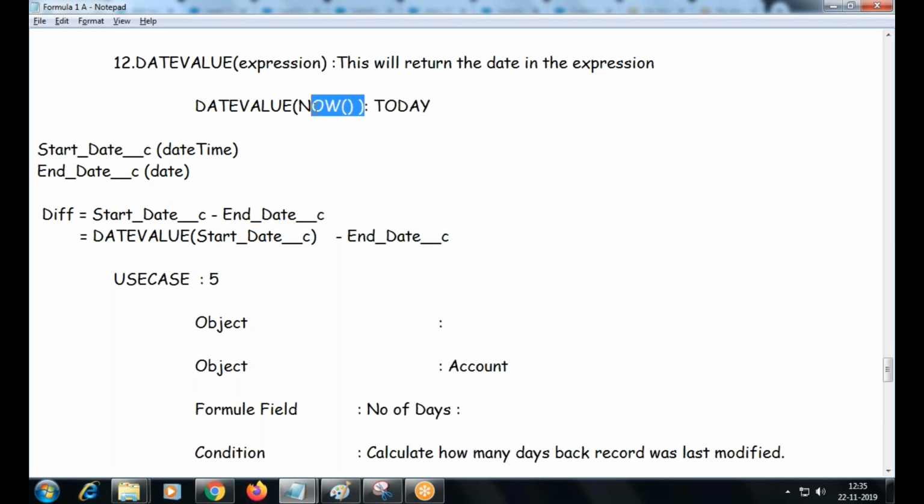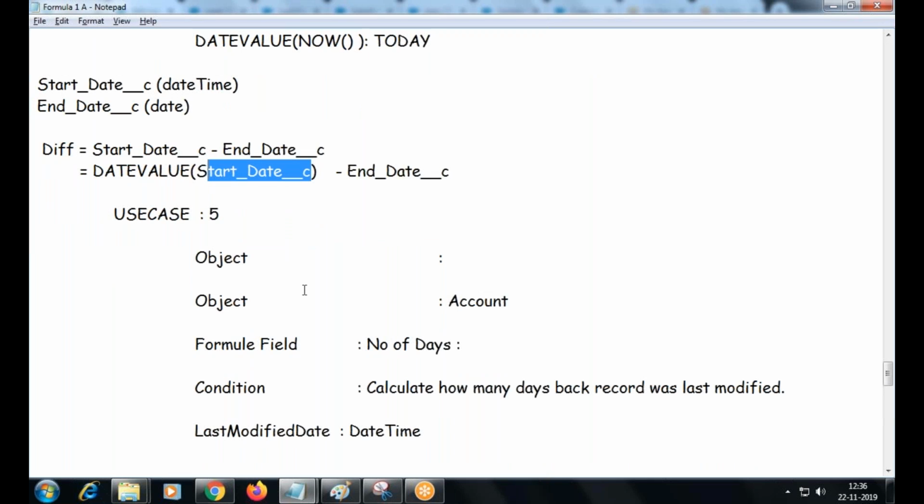It converts now to today. Got me? The today function is going to return only the date part, right? The now function is going to return date and time. What is the current date and what is the current time? Okay, sometimes you get this type of calculation, then convert one type to another type, right? How to do this part?